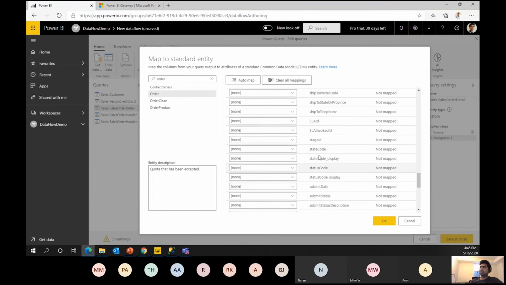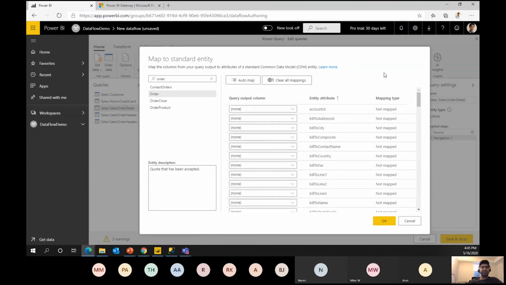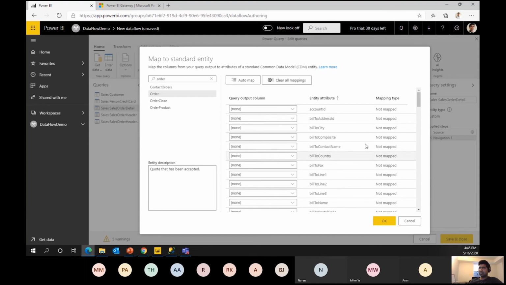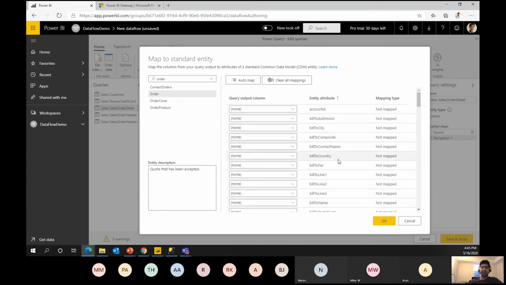But if you have access to D365 data, or you have access to maybe any CRM operations, then you will find that most of these things will be aligned with your CDM, common data model. This is actually the common data model which is residing in data lake Gen 2, and this is trying to fetch this information from data lake Gen 2. Now you will be mapping these columns. This is your source column that you have right now, and you will try to map these columns with these entity attributes of the common data model. This is how you leverage this common data model in data flows.